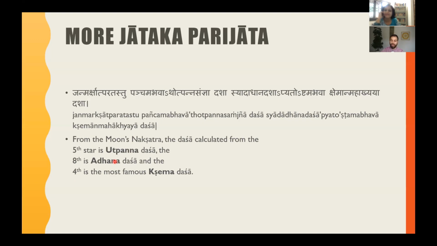And then we have this Utpanna. Oh, the special ones. Why are they so special? The problem solvers of the zodiac. Fifth star. They are the ones who are creating things all the time. Fifth is like children, right? What is children? You're creating them. There's your next generation. These people feel as if they have not lived their day if they have not created something in the day.